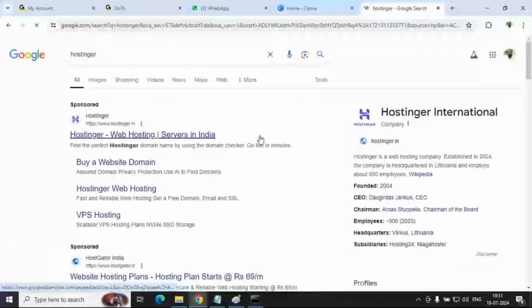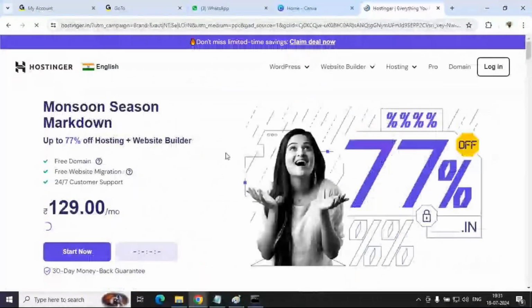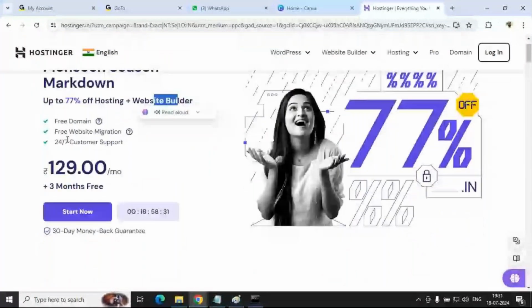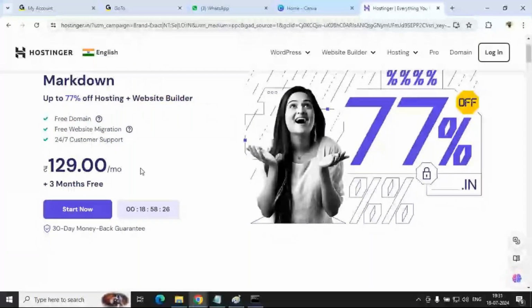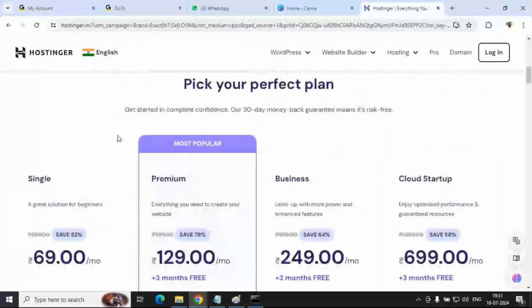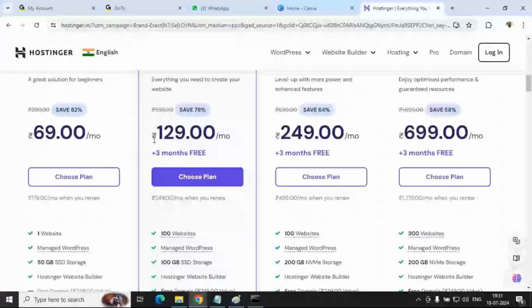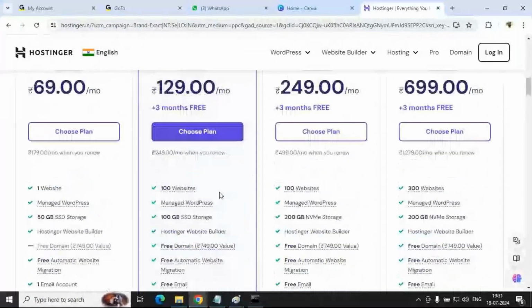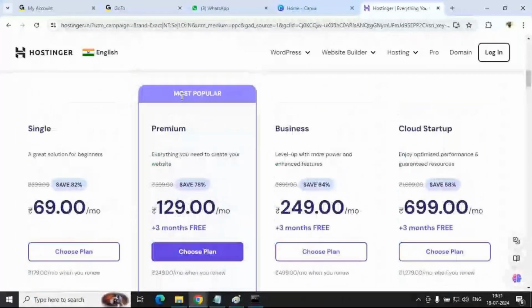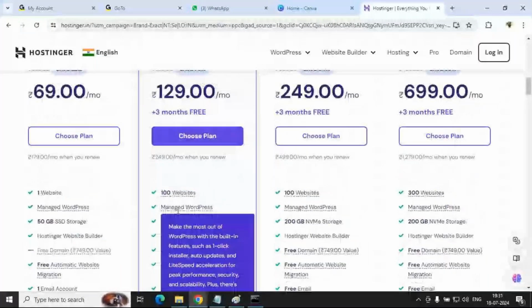Look at this hosting: you can build your website, and they will give you a free domain. And these are the charges they are providing, and these are the charges for premium, business, and cloud. And see this, when you select the premium plan,